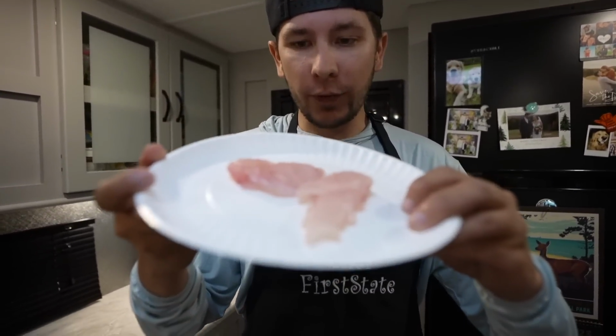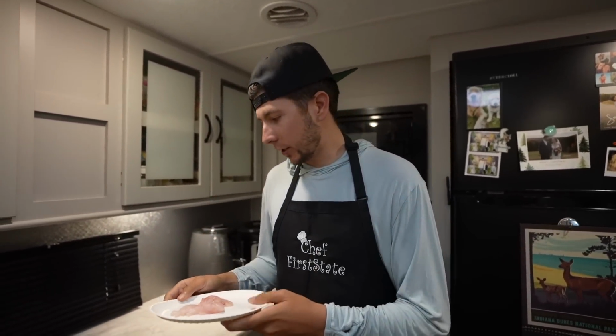Back in the kitchen with Chef First State. Today we are cooking up some fresh mangrove snapper. This stuff was exactly the right size. We got so lucky, man, because